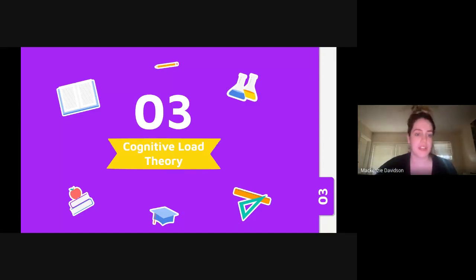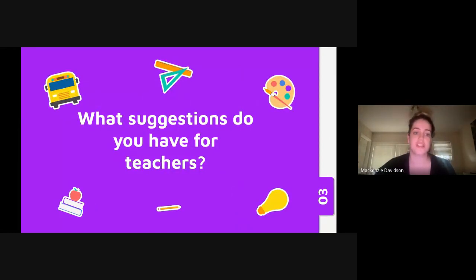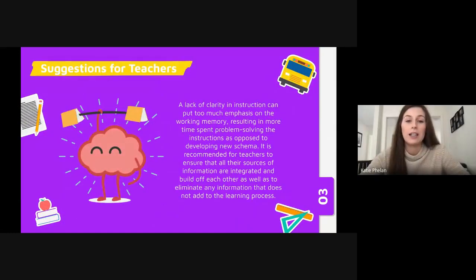So your question is, what suggestions do you have for teachers? That's a great question, Mackenzie. So just a brief rundown of what cognitive load theory is. There's three kinds: intrinsic, which is unavoidable; extraneous, which gets in the way; and germane, which is desirable. So as teachers, we want to reduce extraneous cognitive load so that working memory capacity can be used for intrinsic